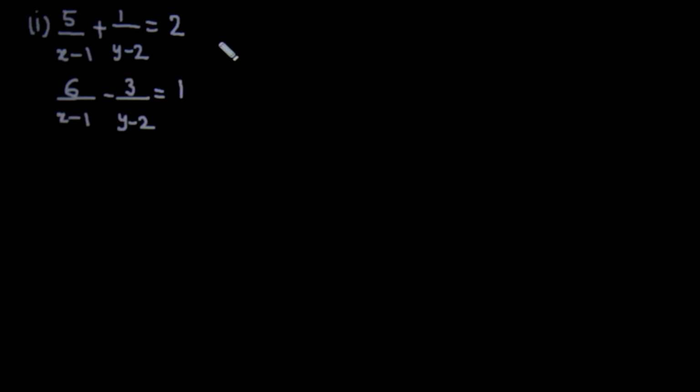Now see this type of problems. You have to convert it into simple equations then solve. It is very complicated if you get the LCM and cross multiplication, simplification, a very big process; you can't get the answer immediately. But if you convert this into a simpler form, like this can be written as 5 into 1